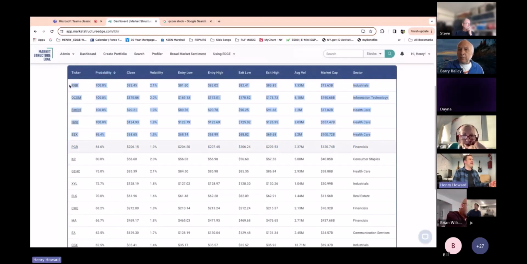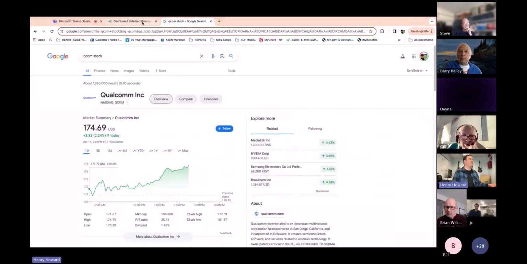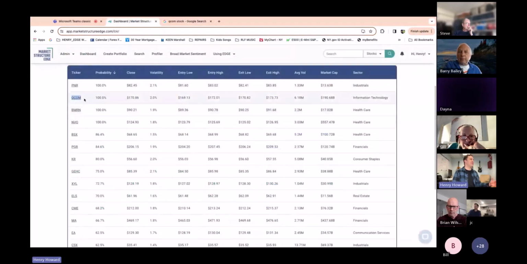Here are the names that I mentioned this morning. I looked back. One of them was Qualcomm. So again, we're looking at tech. I'm not so averse to tech. I see Tim's note from 3 days ago. I know he says Qualcomm's not a bad option. Qualcomm is up about 2.25% on the day from this morning. I think when we mentioned it, it was closer to 169-something. So just this morning. I'm curious if anybody hopped in on that also.